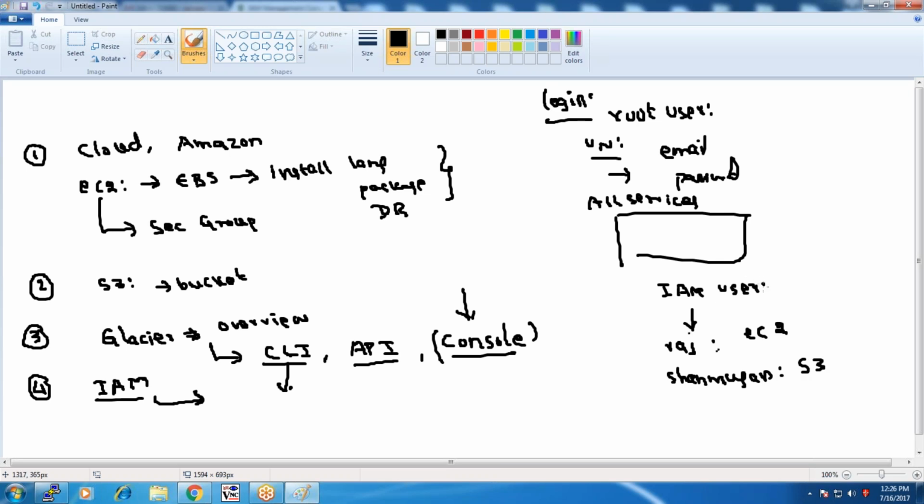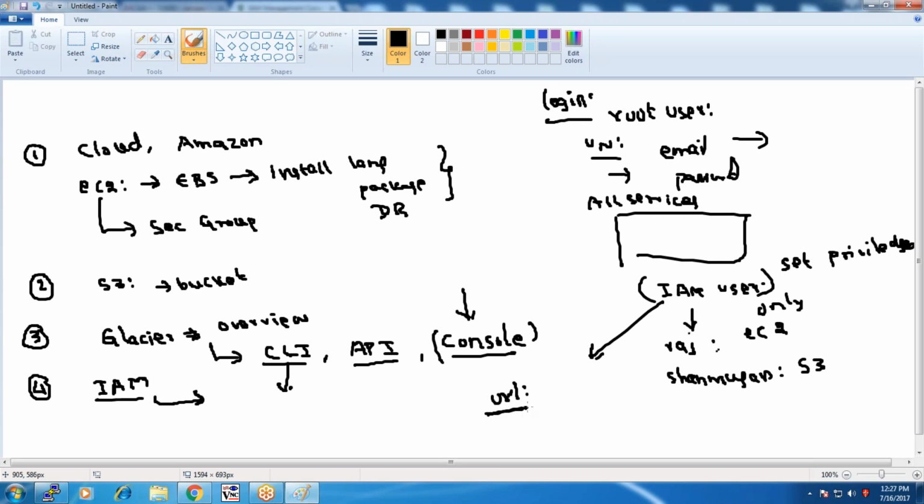I create an IAM user and set the privilege of only EC2 access for Raj and S3 access for Sanmugam, and using that privilege they can log in and make use of the resources assigned to them. In this case, the users Raj and Sanmugam do not need the primary root user account credentials. I do not need to give them the root user name or password to log in to my cloud account. Instead, if I create an IAM user,